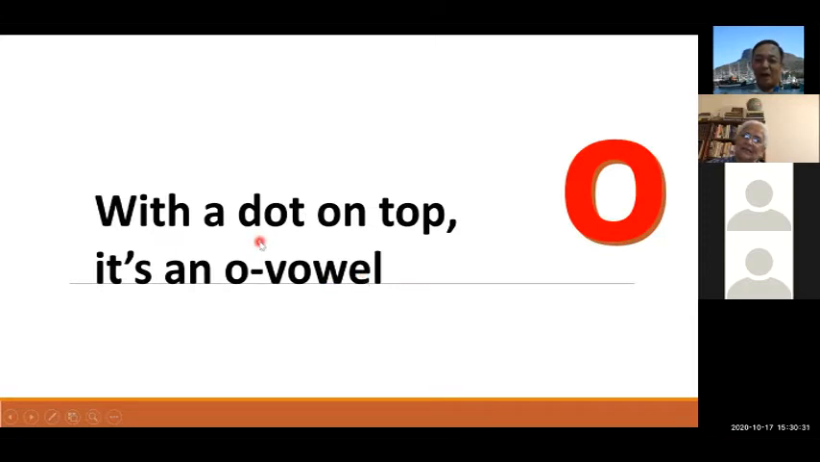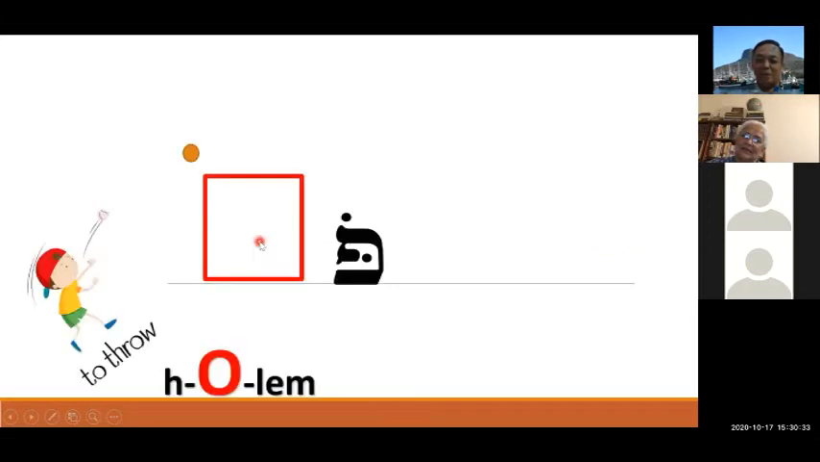You have learned the I vowel. Now you are learning the O vowel. You see, the O vowel is at the top here. Imagine this is an alphabet. This is a Hebrew alphabet. Let's say, for example,